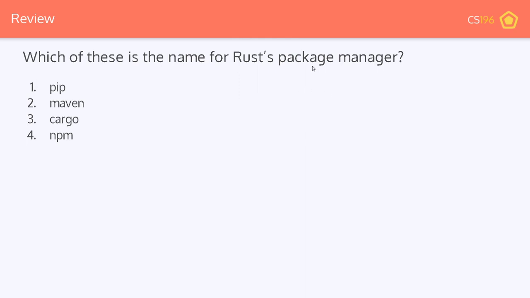So which of these is the name for Rust? Oh, I need to actually make the poll, don't I? So we're going to do some review here. Poll. Okay, so if you go to pollbot, we have our first poll question. When we're doing package managing in Rust, or even